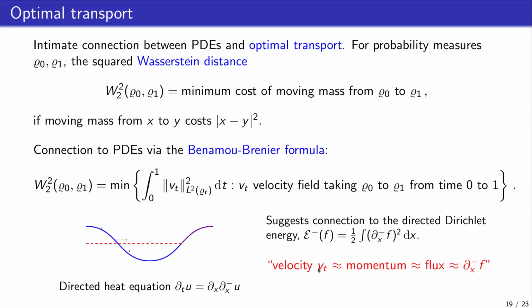And the reason why this is useful for us is because this velocity field here, well, velocity for us, it turns out, like you can make this concrete, is roughly the same as momentum, which is roughly the same as flux. And flux is what I was telling you about. There was the inner derivative here in the heat equation that tells you how fast the particles are moving at a given point. And the total flux is precisely the Dirichlet energy. And this thing is decaying exponentially. So if this energy is small and is decaying exponentially, then in total, this integrated quantity for these velocities is going to be small. So I expect my Wasserstein distance to be small.